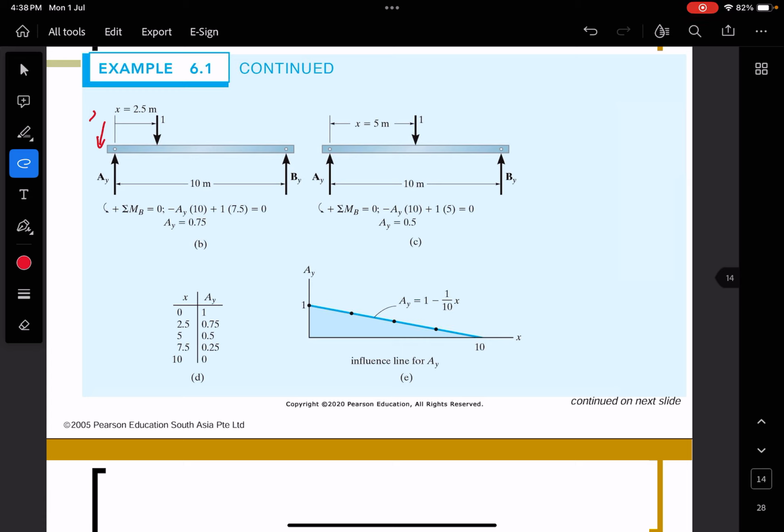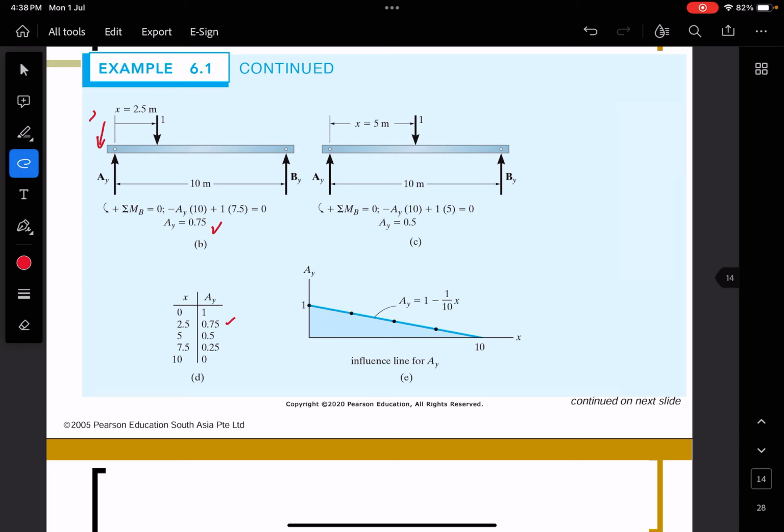Then get the AY here. Yeah, so you can calculate the AY. First second 0.75. Yeah, and then you move again the 1 kilonewton, the 1 unit of point load